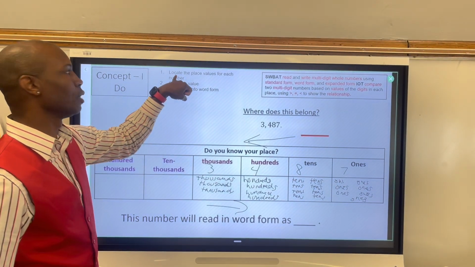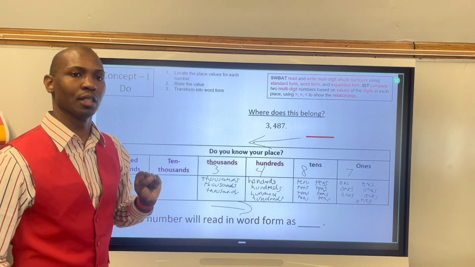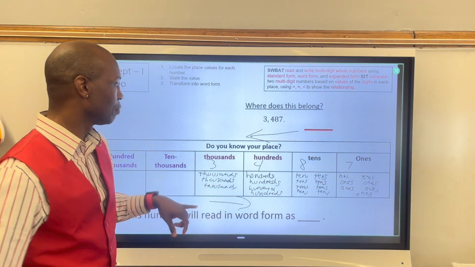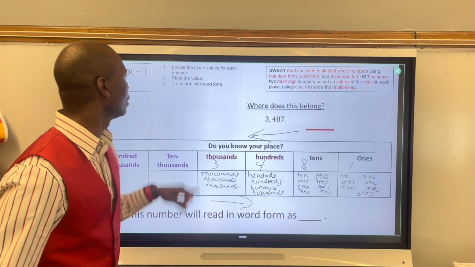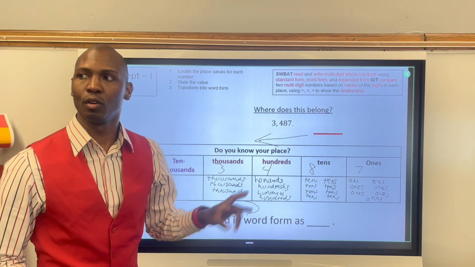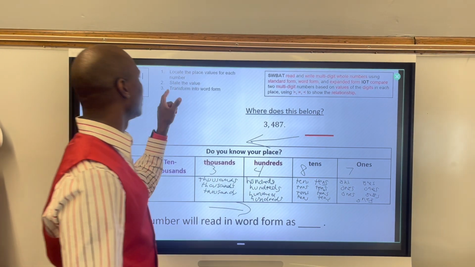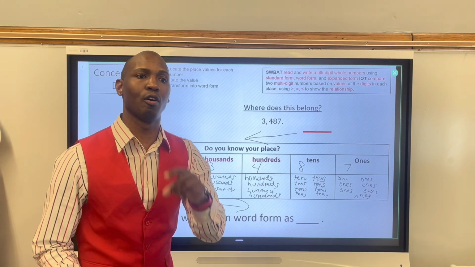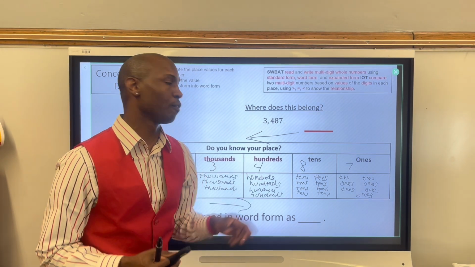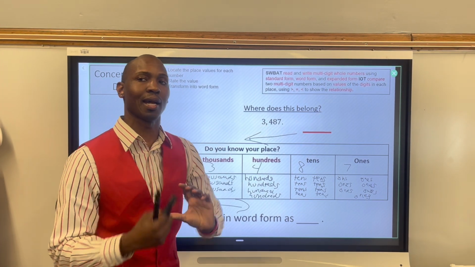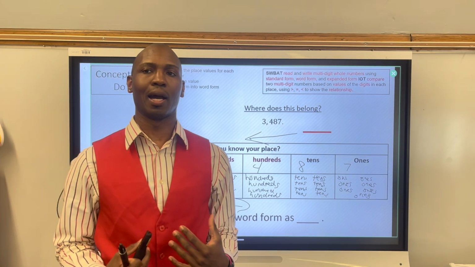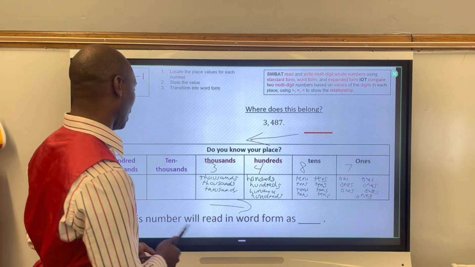That would be every little step that we asked us to do based on our standard. So did we locate the values for each number? That's what I'm going to ask. We located our values. Did we state the value? We did state the value. Did we transform it into word form? We transformed it into word form. So those 3 things that I did, I modeled for the I do. Now I'm going to look at